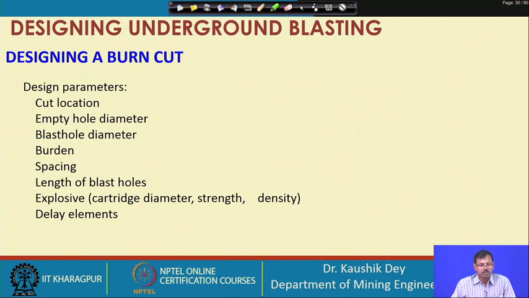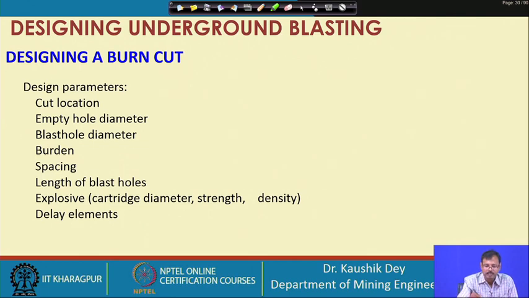Last class we also discussed that burn cut is basically a cut where parallel holes are drilled in the cut area, keeping an empty large diameter hole very close to the first hole to be blasted. The idea is that the empty large diameter hole, placed very close to the first blast hole, acts as the free face for that blast hole.